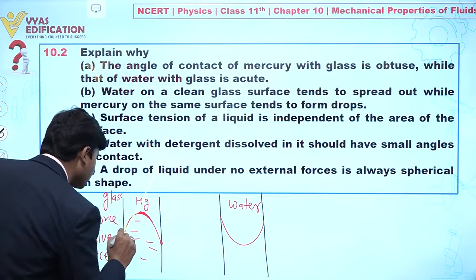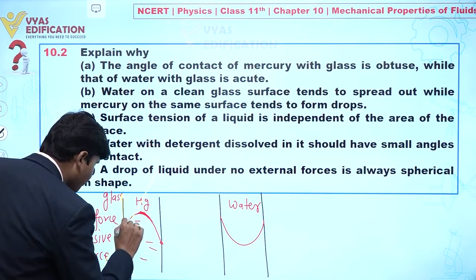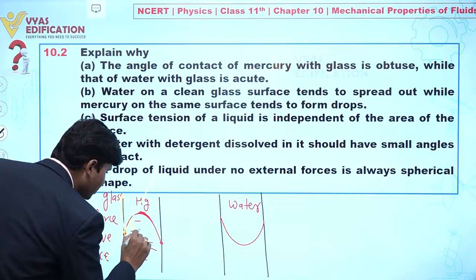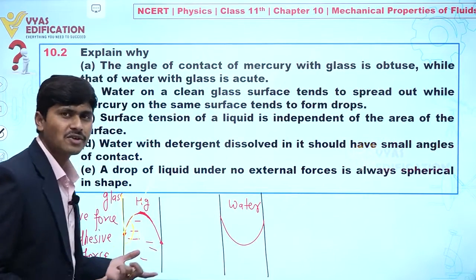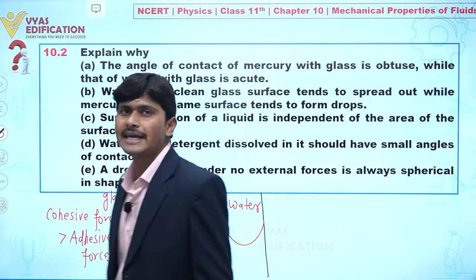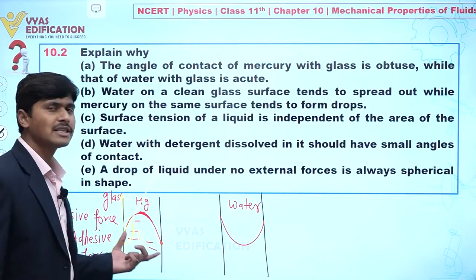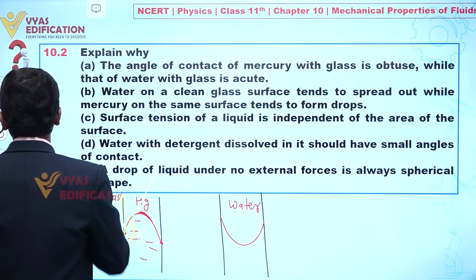The angle between them decides whether it is an obtuse angle or an acute angle. This theta is greater than 90 degrees, so this is an obtuse angle. Clear to everyone? But if I am talking about water,